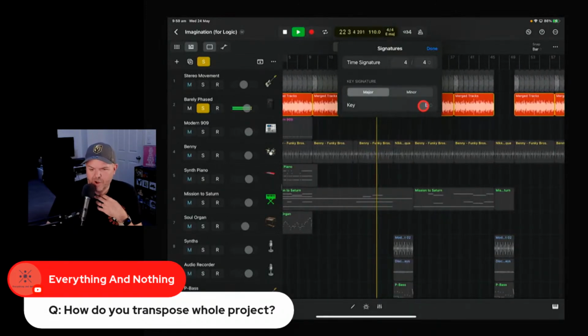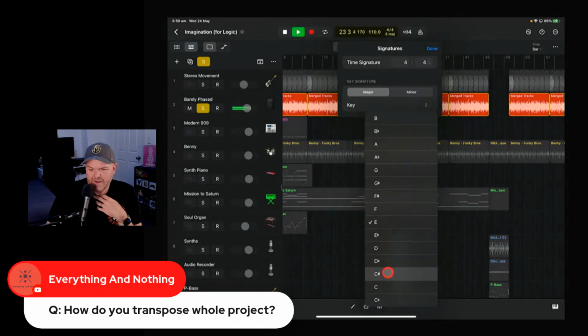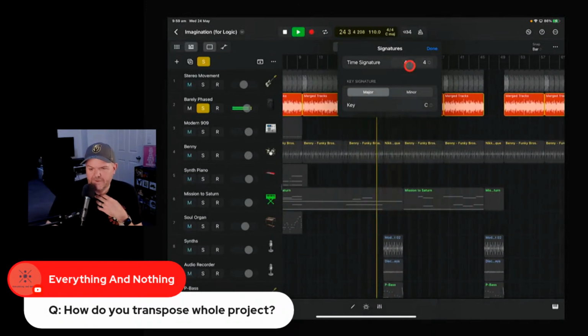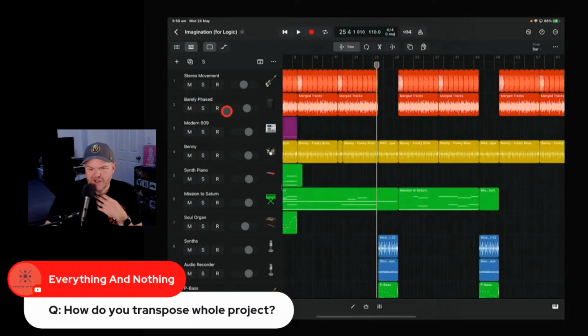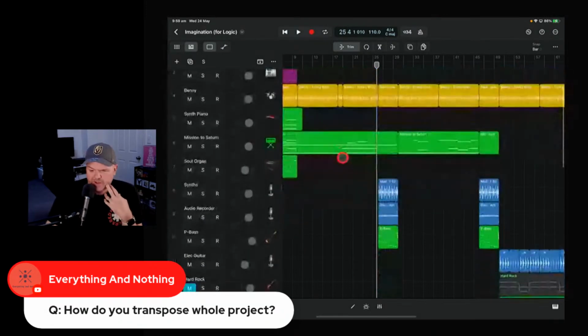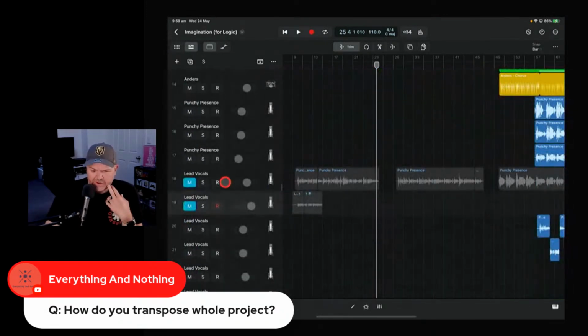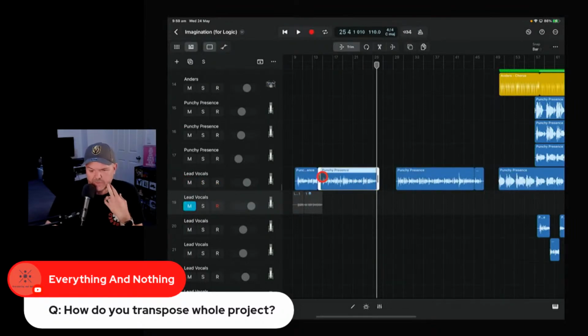So no, this one hasn't, because this one is a different type of audio file. So I don't think it's going to have the smarts to be able to just change everything when you use that transpose, especially vocals and things like that. And I think that this is where people want flex pitch, which I understand, because it would be much better if you could do that.